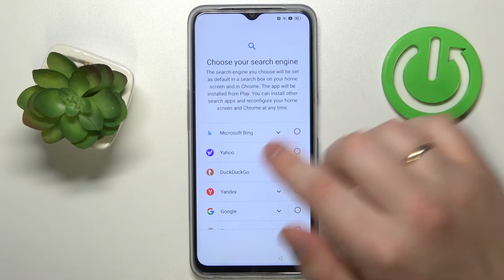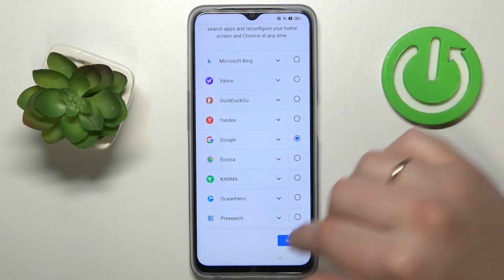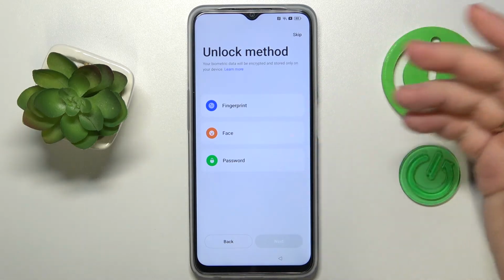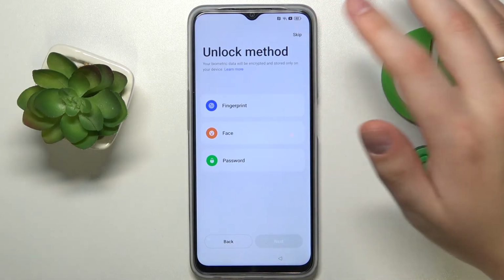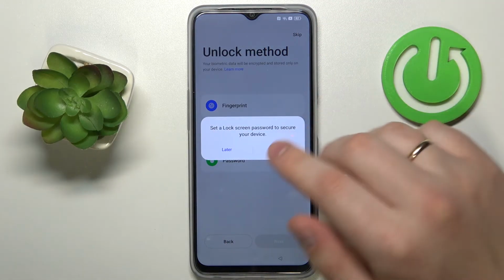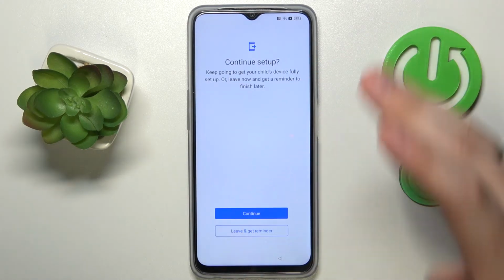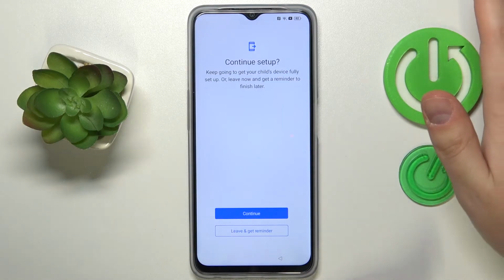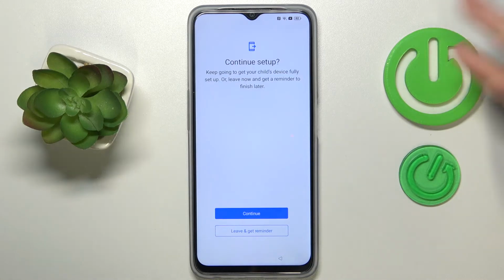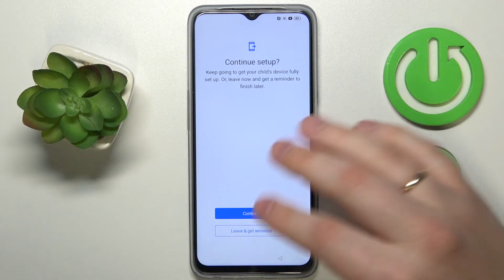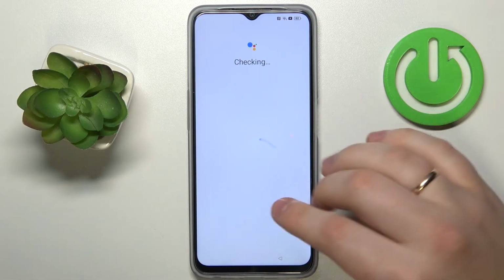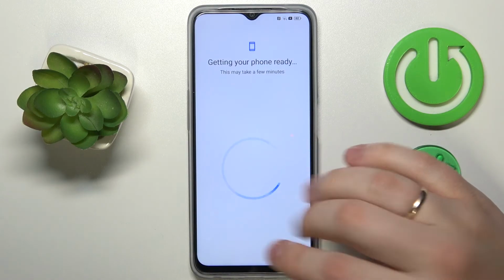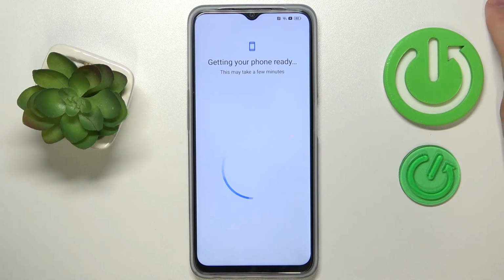In here, you gotta choose your default search engine, so make your choice and hit the next button. Now there is the chance to set up the screen unlock method, or if you do not want to do that now, you can just skip this step. And at this point, you can either continue the setup and set up some additional extra stuff that is not critical or vital to the system, which you will be able to set up at any time later on, or you can just skip the steps and get directly to the system and get the reminder about those steps and finish them,